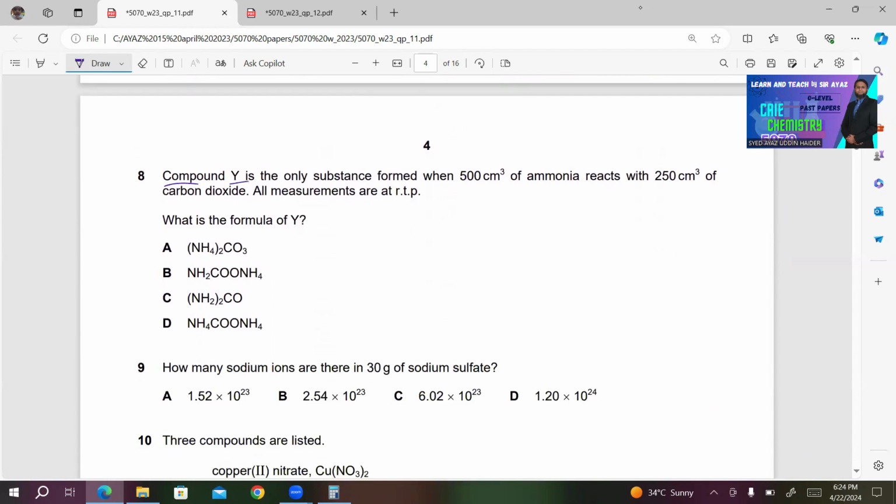8. Compound Y is the only substance formed when 500 cm3 of ammonia reacts with 250 cm3 of carbon dioxide. All measurements are at RTP. RTP is room temperature and pressure. What is the formula of Y? Now what I will do, I will convert this into moles. We have 500 cm3 of ammonia. At RTP, we know that